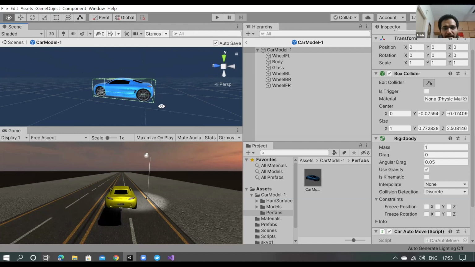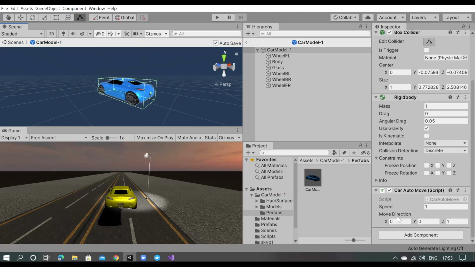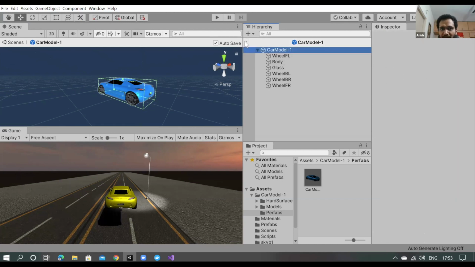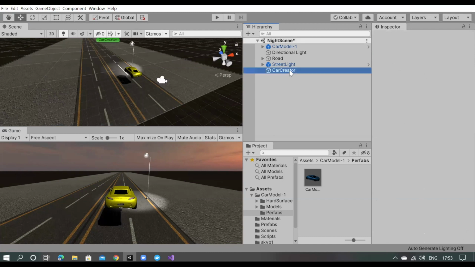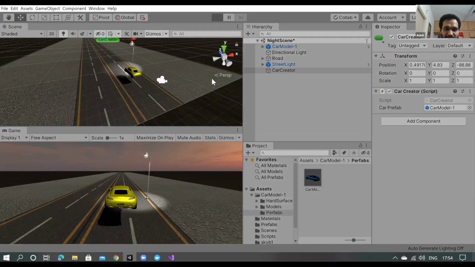Okay. So now I opened the prefab and I changed the prefab. I'm in the prefab mode. Once I've changed it, I've added rigid body and all those things, and car auto move. So how to save it? Move direction is Z direction. Yeah, it is auto saved. Now I'll come back in the scene, and this thing is changed. Like it is using the prefab, and I have changed everything in the prefab.